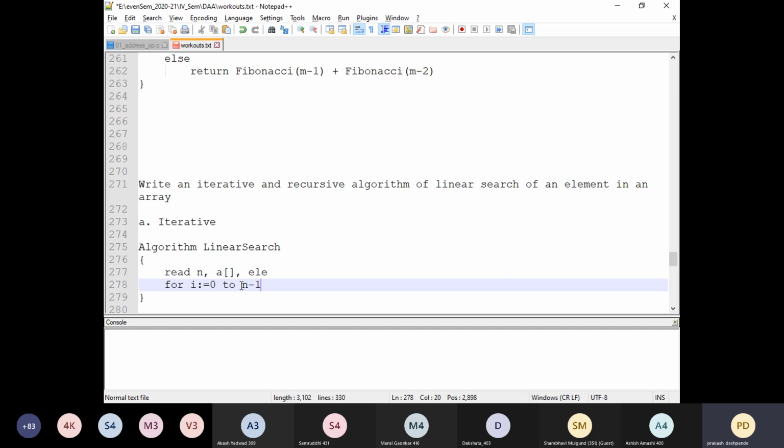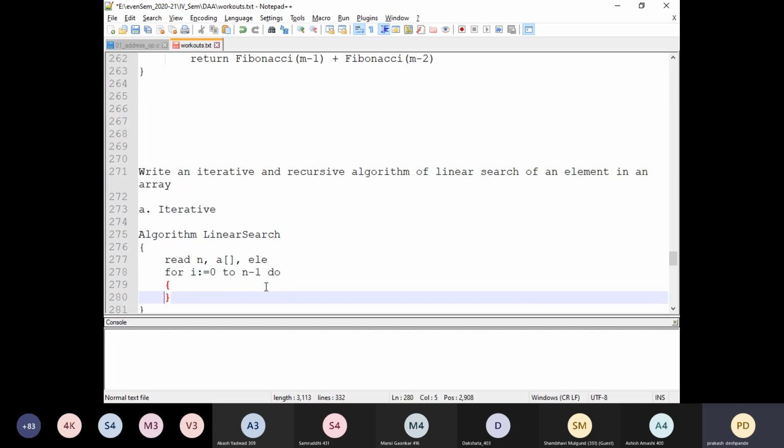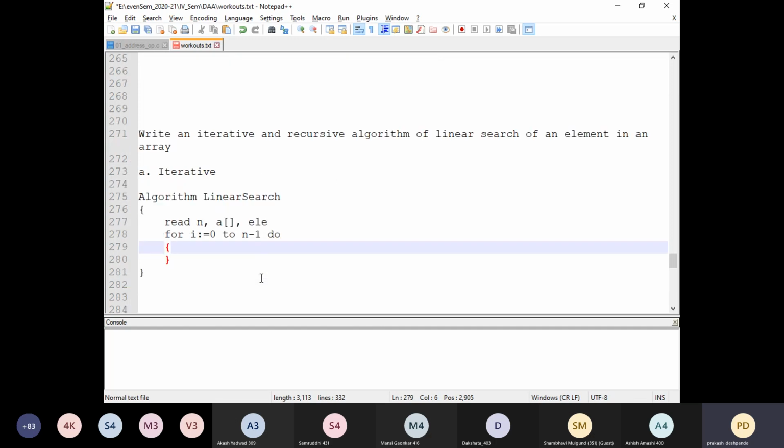So we need to understand this n minus 1 here. Sometimes students will write for i equal to 0, i to n here. They will just write it as n, so that will cause a wrong answer. Then the initial value, and do I need to write the step here? Shall I go ahead without writing the step? Without writing the step is good, because if I don't mention it, it is assumed the step is by 1. Now what I need to perform here, starting from i equal to 0, is to check whether the element at the ith position is equal to the element which I am reading here.